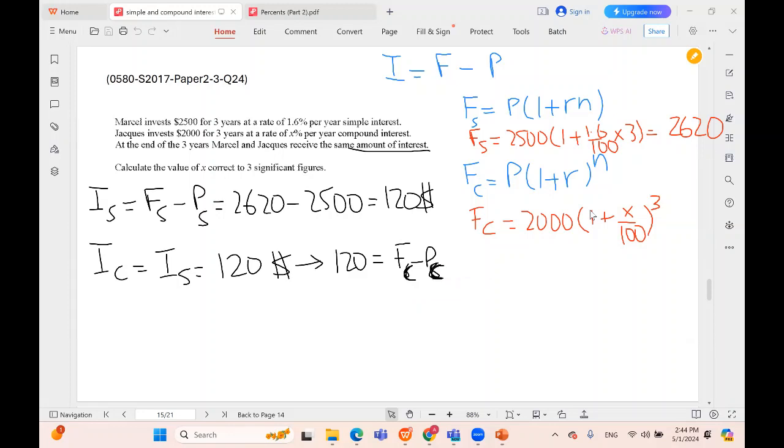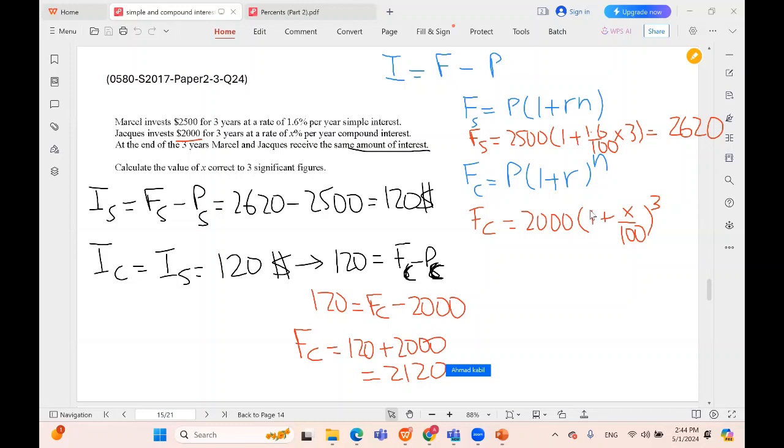So 120 equals Fc, which we don't know, minus the present value of the compound, which is 2,000. This is given in the question. The present is 2,000. So we can get Fc as 120 plus 2,000, which is equal to